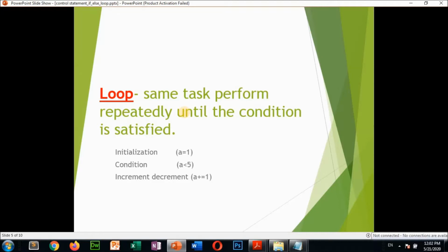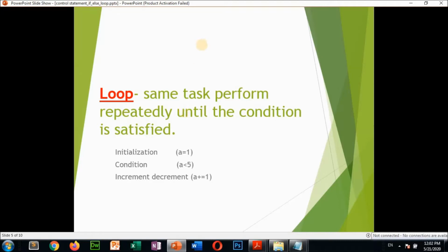If you want to display the numbers from 10 to 1, so that means 10 will come first, after that 9 will come, then 8 will come. That is the decrement order. In some cases you will get that, where you have to display the numbers in decreasing order. For that case, decrement is used.